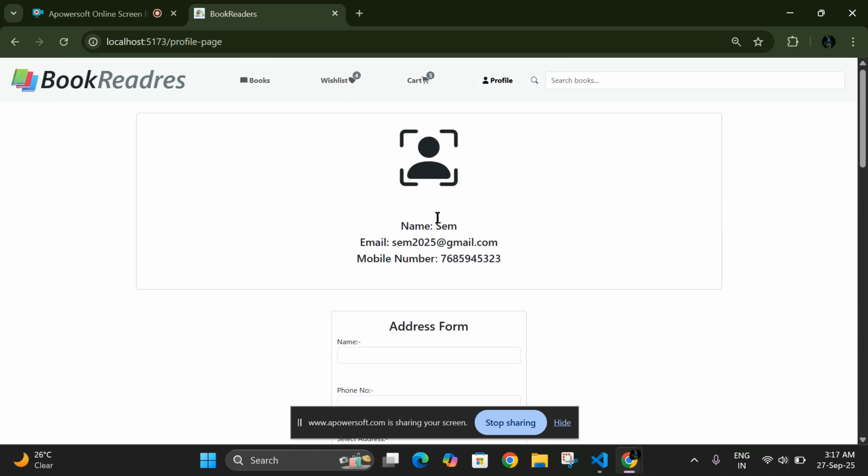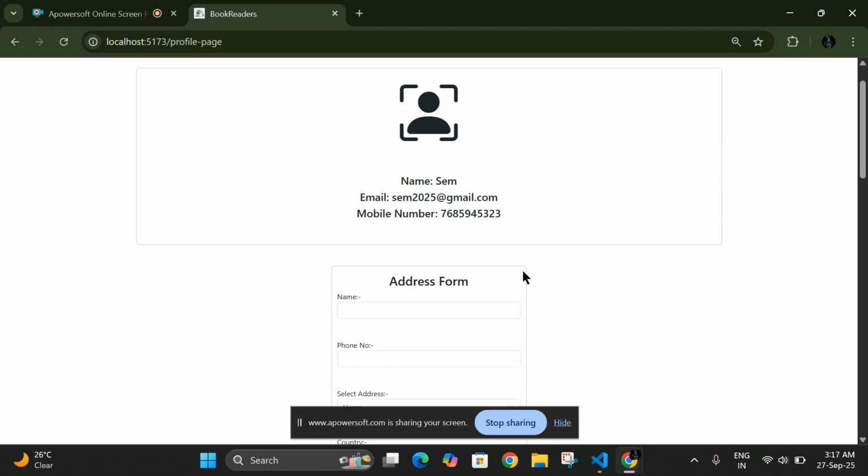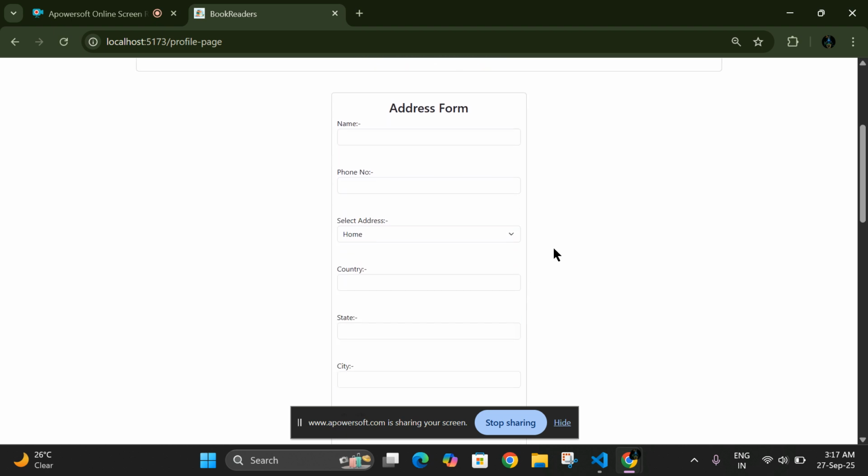This is the profile page, and here is the user name, email, and phone number, and this is the address form.